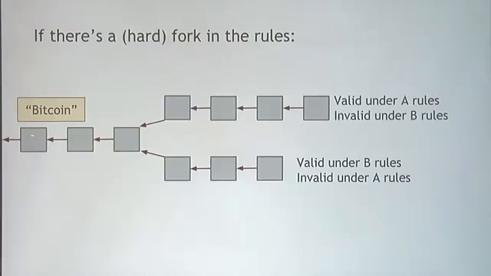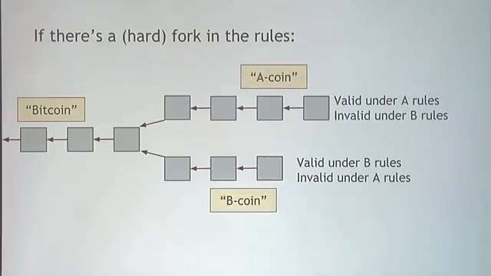So if the currency that we had over here on the left we can think of as being Bitcoin, the big happy Bitcoin that everyone agreed on, after the fork, it's as if there are two new currencies, which you can think of as being A coin, corresponding to rule set A, and we'll call this one down here B coin, corresponding to rule set B. And it's as if at this moment where there was a fork, everyone who owned one Bitcoin at the moment of the fork will receive one A coin and one B coin at that time. And from that time on, A coins and B coins will operate separately, as if they were separate currencies.